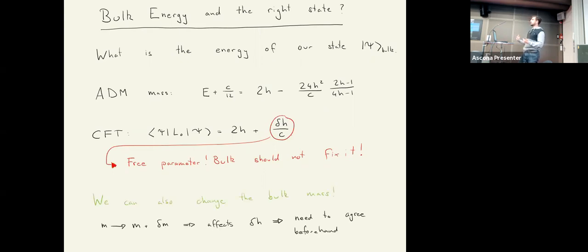And there's one more thing that we could do that we didn't do, which is that we can also make a perturbative change in the mass. We could have changed the mass by a little bit, and that also affects delta H. So really the way that you're supposed to think about this is that there's a self-gravitating energy in the bulk, and there's also a change in the mass. And really the only thing that the CFT has access to is the sum over the two. So what we're supposed to do is agree on this first. You tell me what you want this thing to be, and I'll tune the change in the mass accordingly, such that when you add the self-gravitating energy to it,